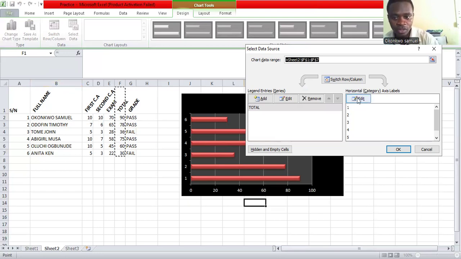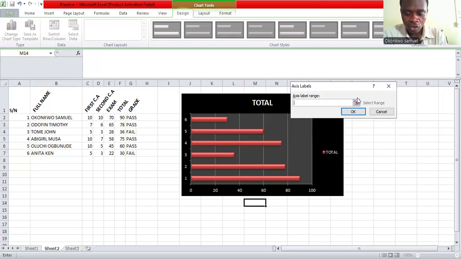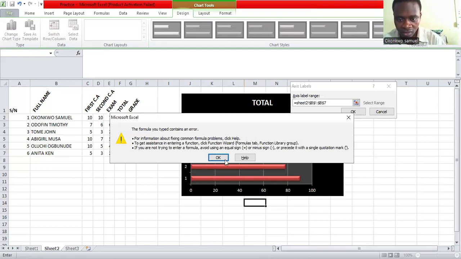Do you understand? So, but it's Sheet2. Do you understand? All right, so let's start it now. You just put it equals to Sheet2, then put the period. Then I'll say $B$1 to, the last number there is 7. If I run it, if I click OK,